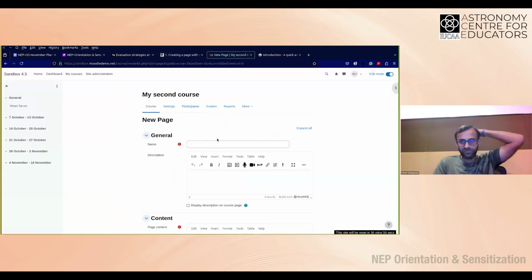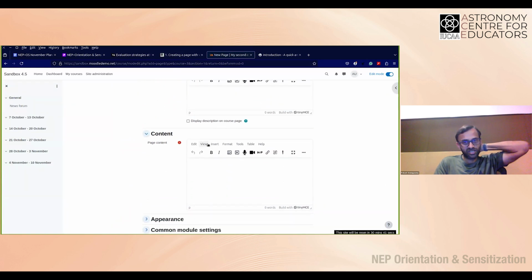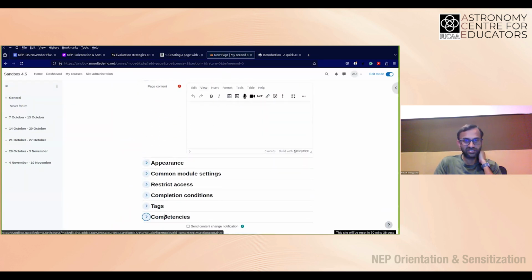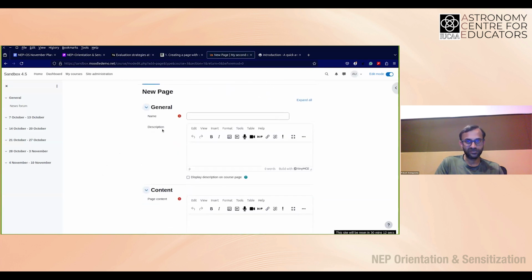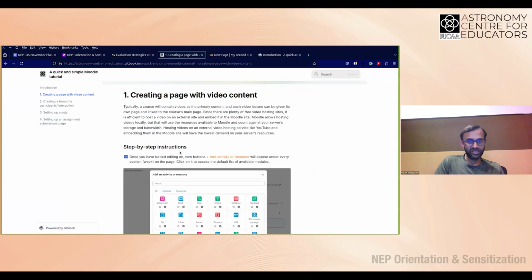And this is how generally most of the modules will look once you create it and go inside and try to customize it. It will ask you for a name, a description, and the content that you want to put, and a whole bunch of settings that decide how this will appear on the main page, who will be able to access it, and whether you want to keep track of it in various ways, like using tags and so on. You can also monitor the completion of various tasks, even whether they went to this particular page and looked at its content. You can track those things here as well.